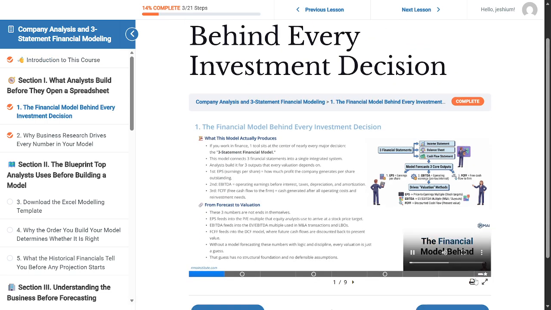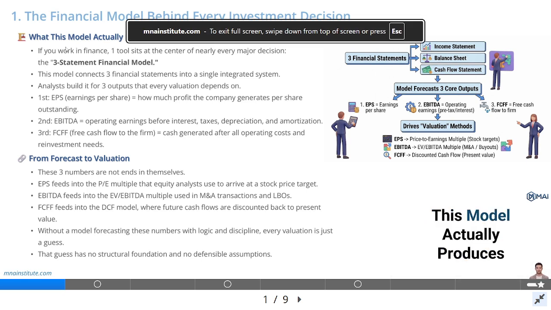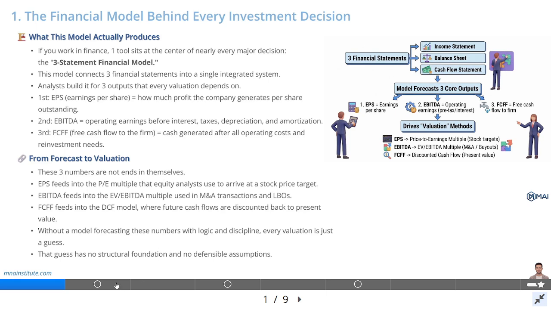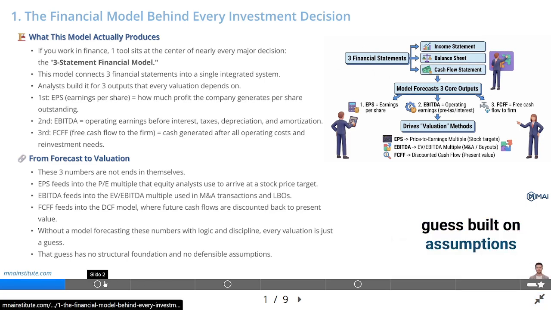One, the financial model behind every investment decision. What this model actually produces. If you work in finance or plan to, there is discipline. Every valuation is just a guess built on assumptions with no